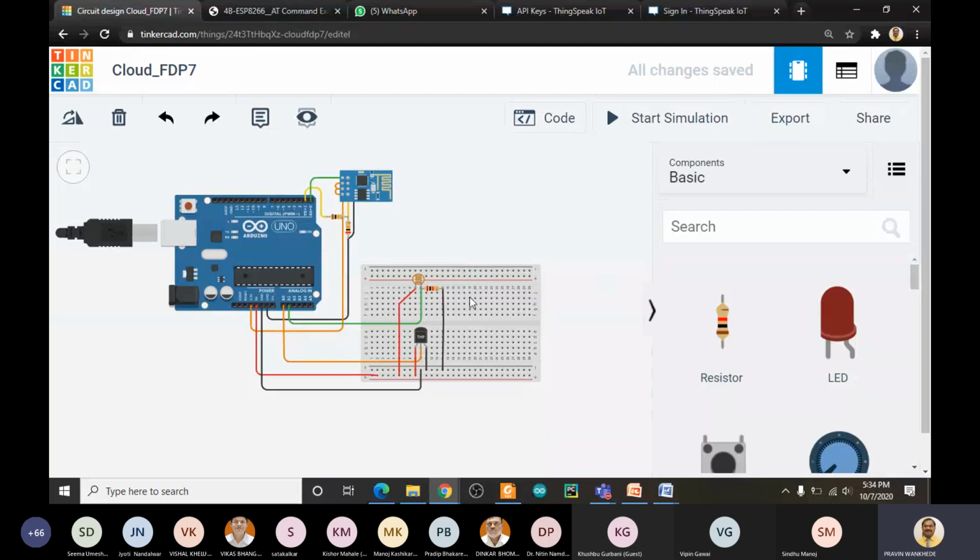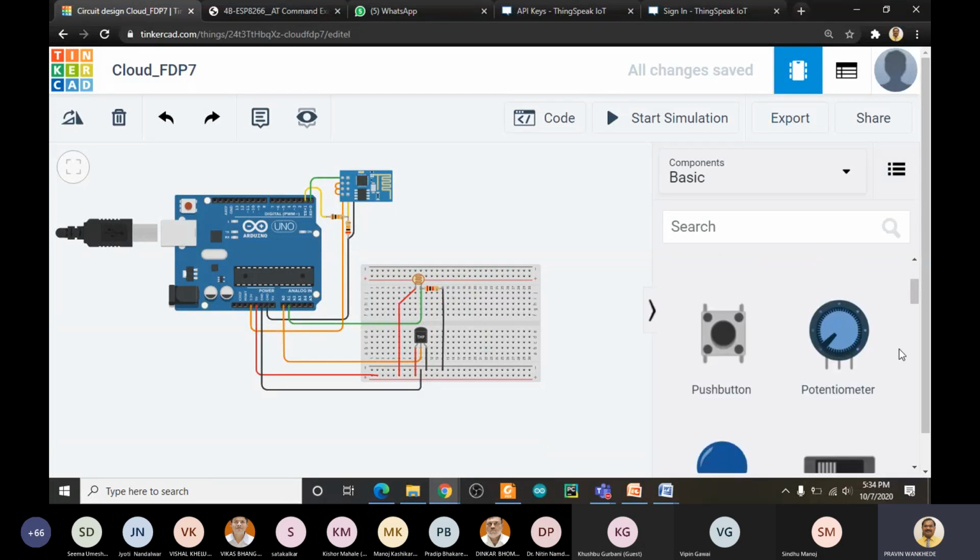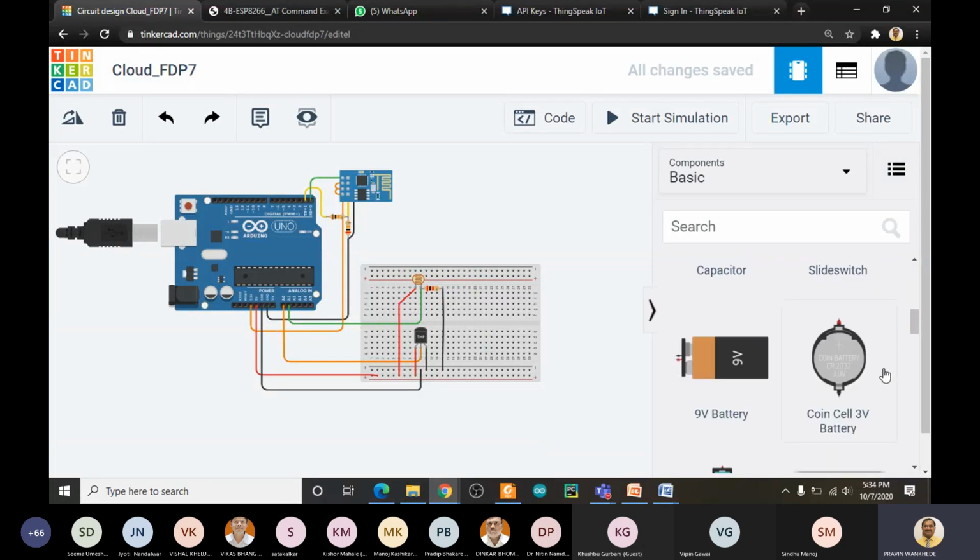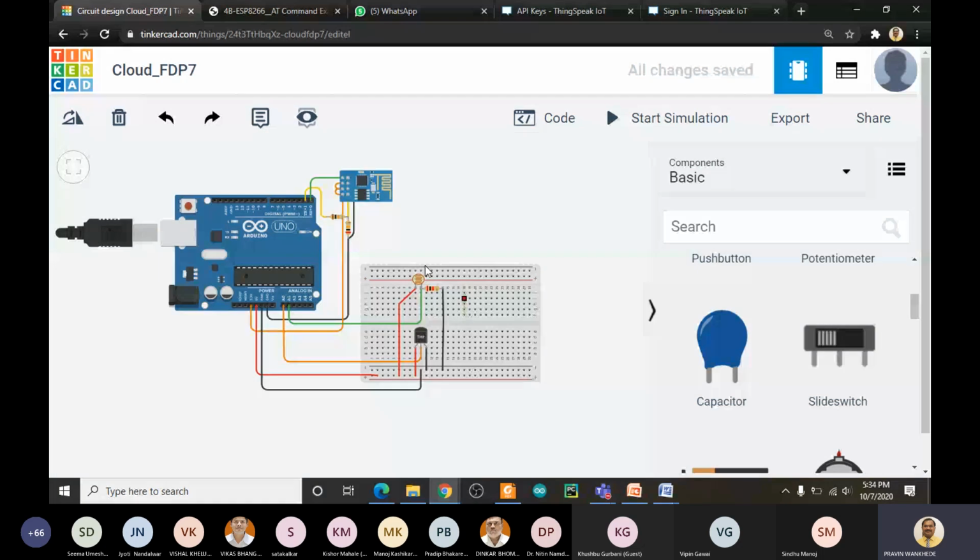Now you can add more sensors here. There are some sensors available, like a potentiometer, and a switch you can add here. If the switch is on, then field 4 or 5 is going to glow. Suppose you are keeping this circuitry in a farm, and somebody switches on your water pump or any motor.